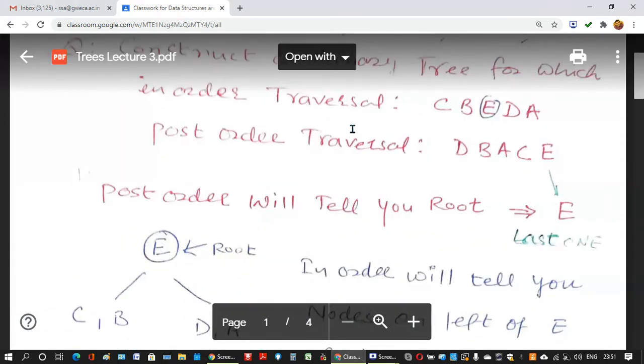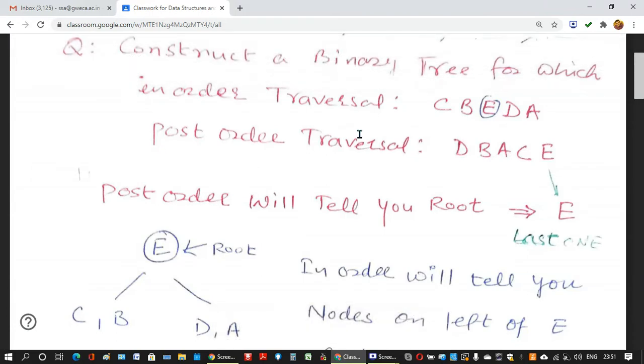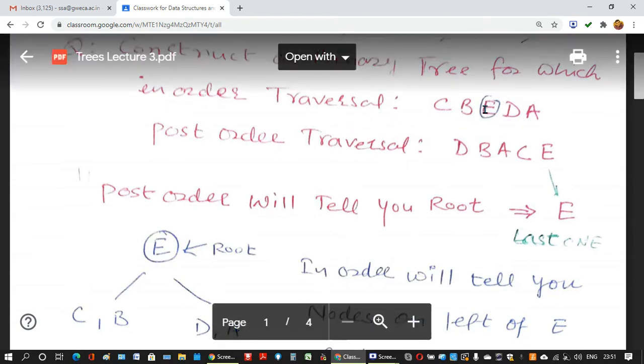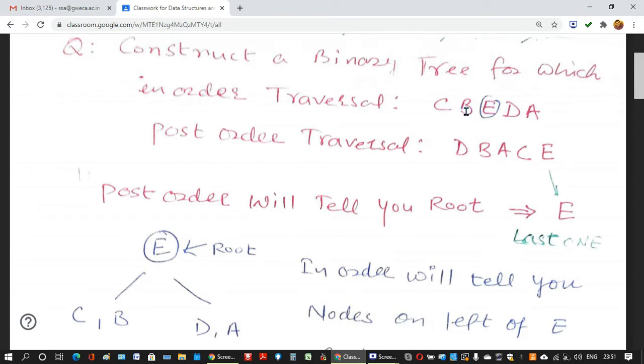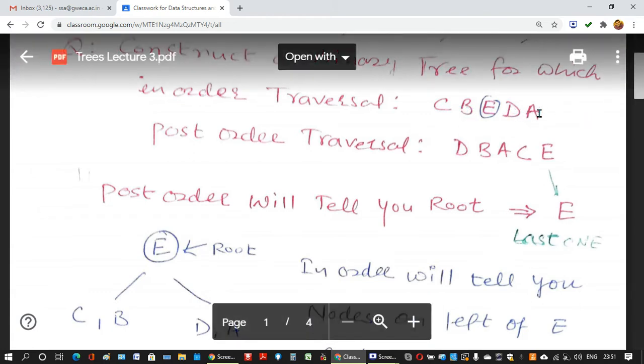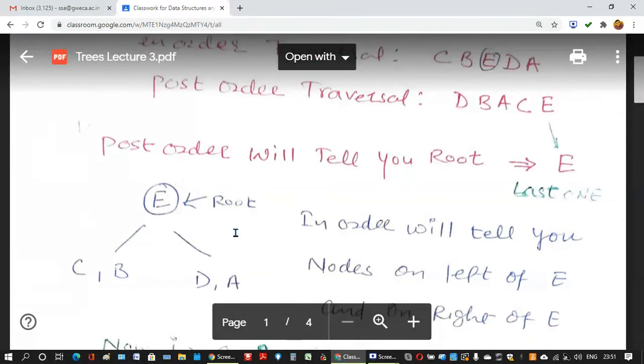Then you go to in-order traversal, because in in-order the root is always between left and right. So with E, CB is on the left side and DA is on the right side. I have marked it like this.